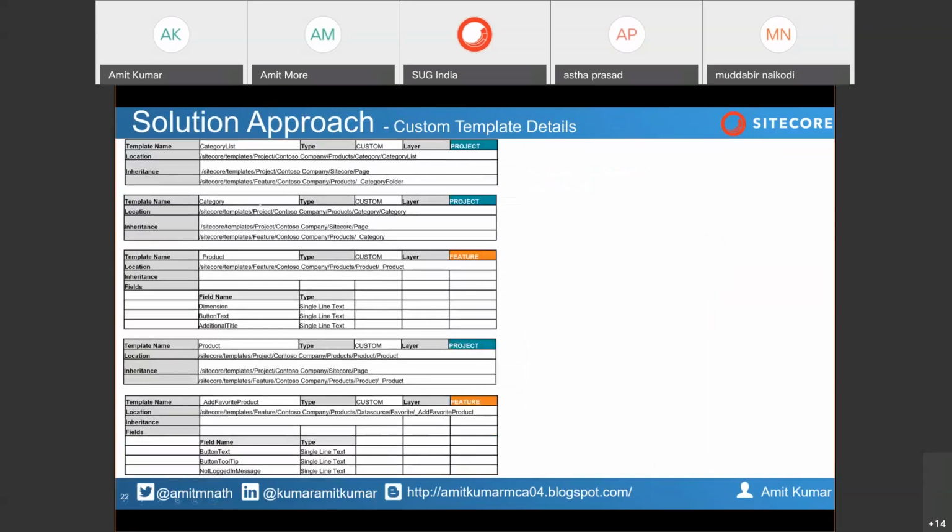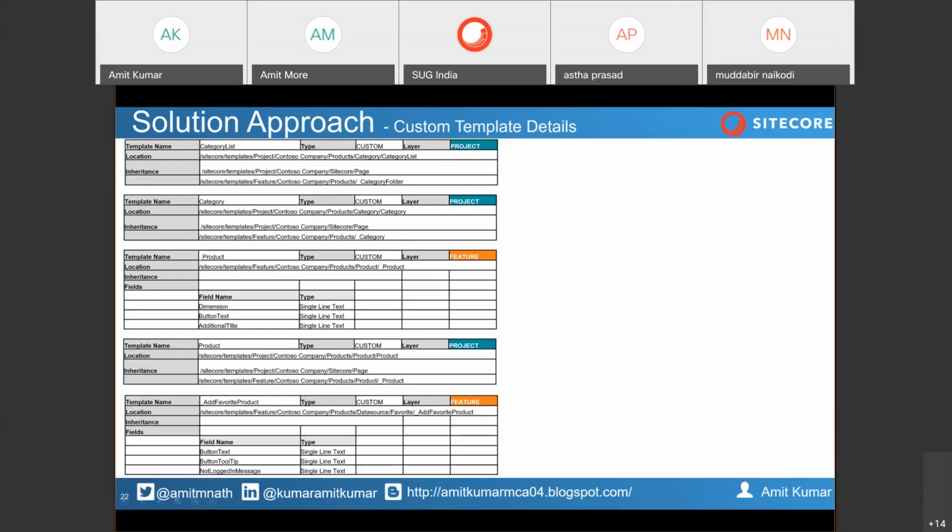Now coming to the category, because for category I am not going to display anything, it will be just the name and those things. So I have created a project template or a page template in my project layer, and I have inherited the page template which comes out of the box to create a separate category template for my project, for my company website.